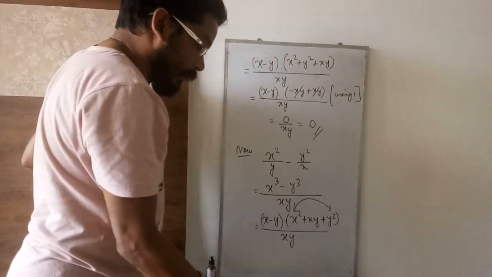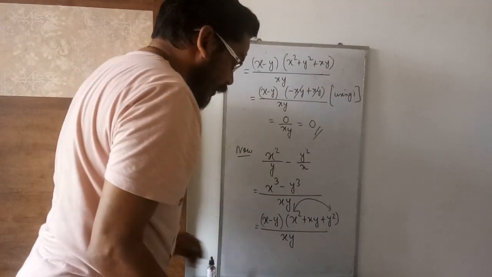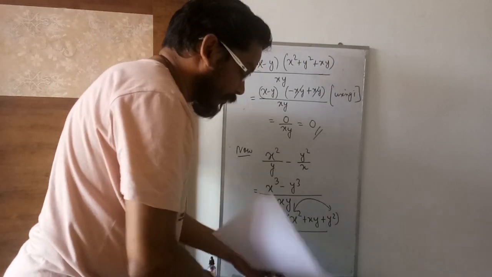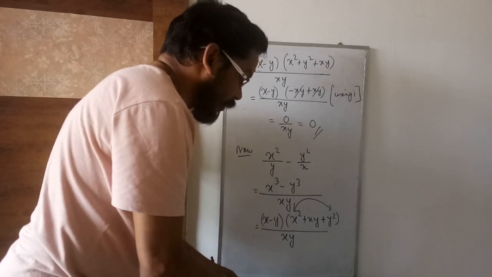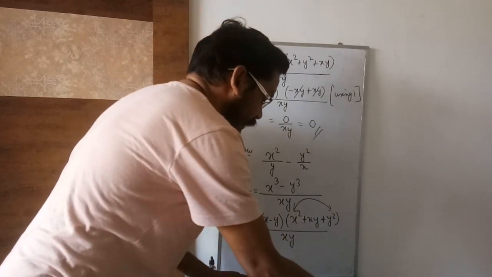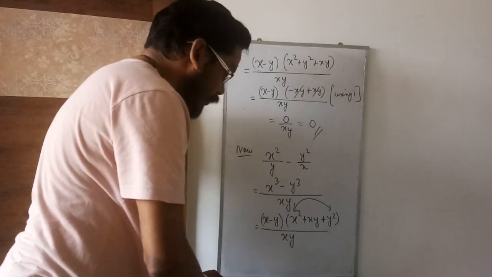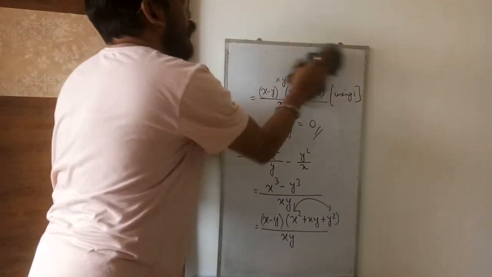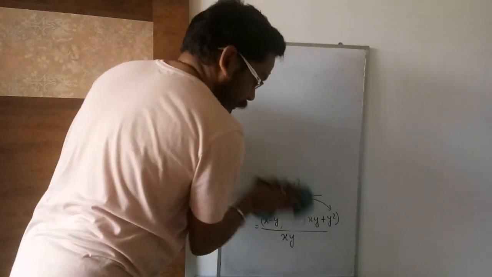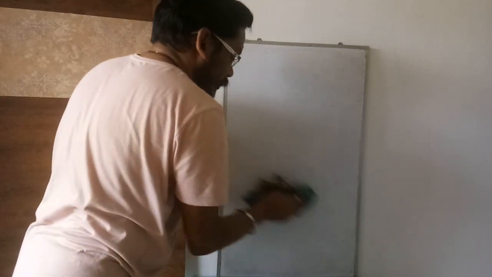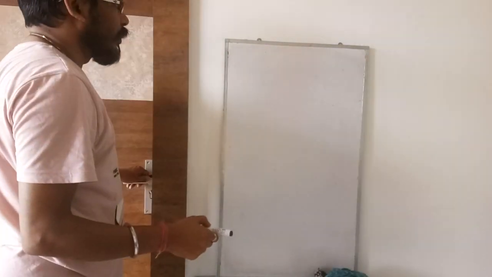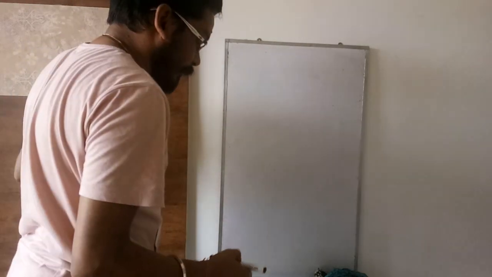Okay. Now we will discuss the second question. What did they say? Is 0 a rational number? This is the first question of exercise 1.1. So your answer will be yes, 0 is a rational number. Is 0 a rational number? Your answer will be yes, 0 is a rational number.